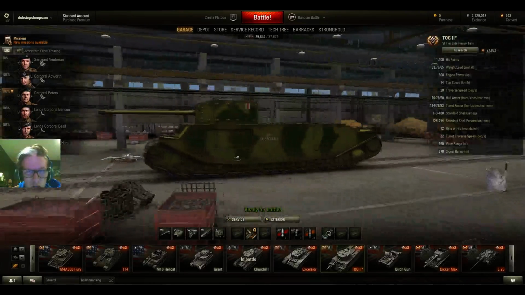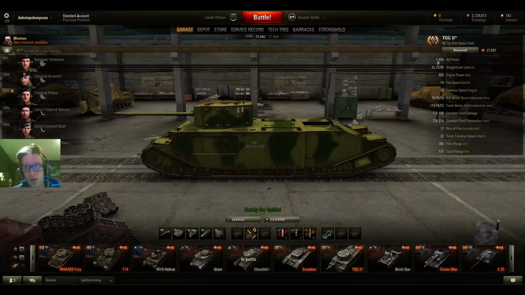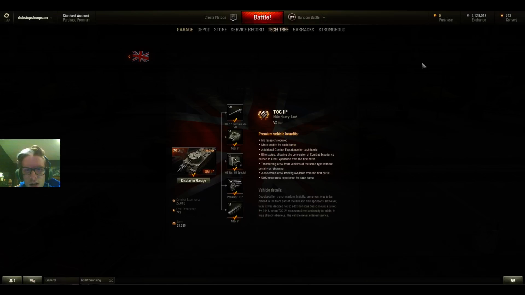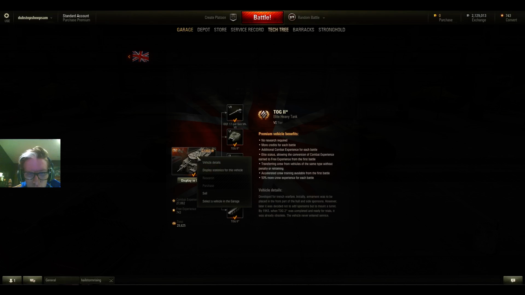I'm feeling Toggish today. Let's go take out my Tog 2. For those of you who do not know, the Tog 2 is a Tier 6 premium. It is slow as molasses in January. Its top speed is around 18 kilometers per hour. Its armor is really bad, but the average damage per shot is...